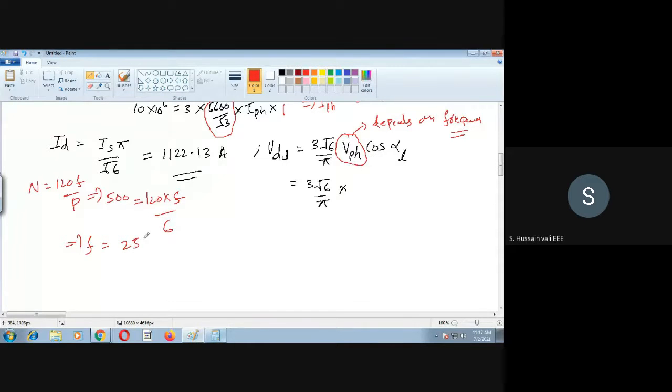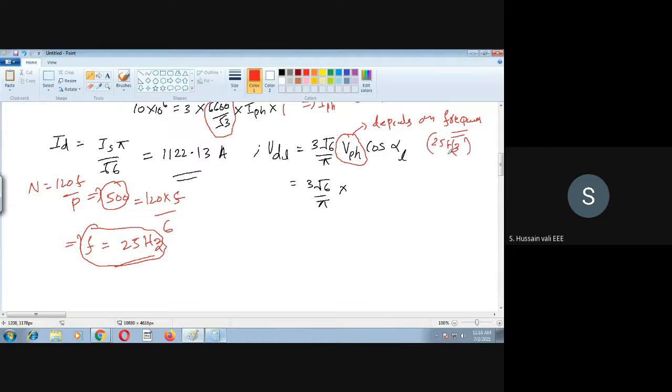This is very, very important because we are now solving on the load side. So as we are solving on the load side, what are the parameters on the load side that we need to understand? The parameters on the load side are different because the speed is 500 RPM. So the corresponding frequency is 25 hertz. Okay. So the frequency here in this case is 25 hertz.